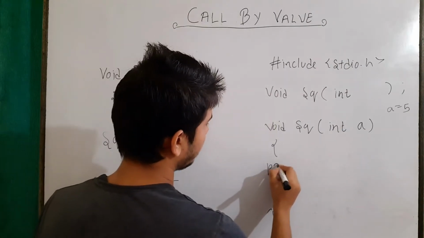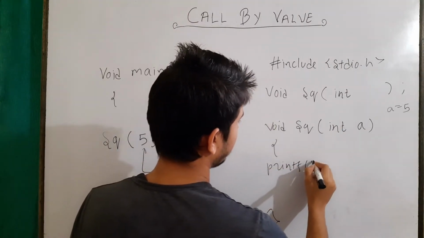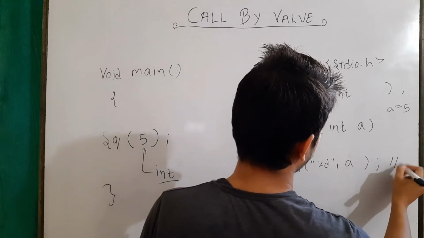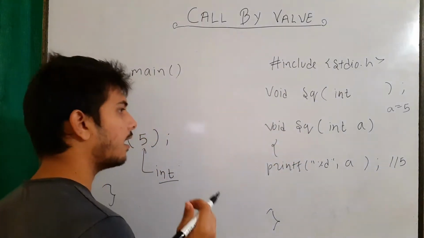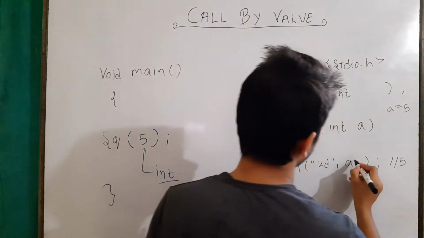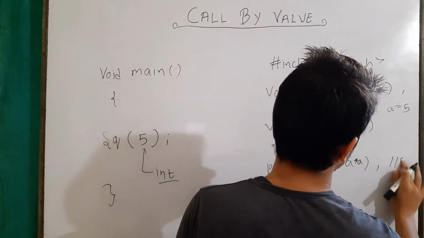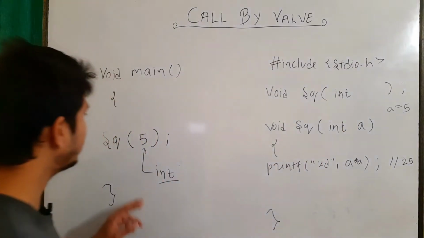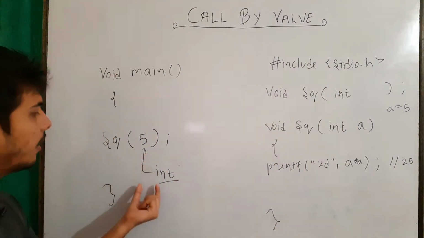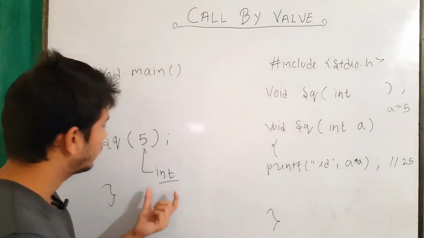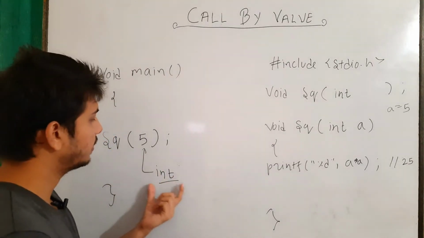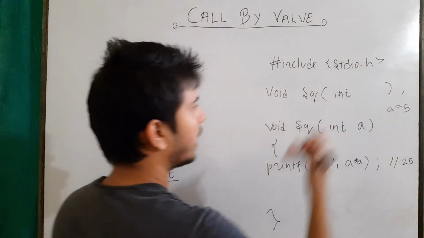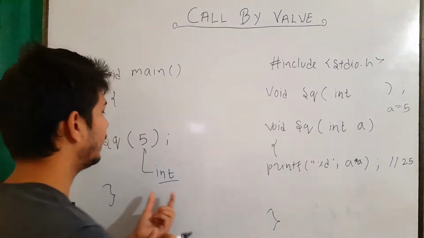And now if I write here printf of %d a, it will give me output as 5, right? And let's say I want to print the square, then I will do a asterisk a and it will give me output as 25, right? The point here is that from here I am sending some values. The kind of values is its data type and I have to define here which data type the function should accept the value. Currently it is integer.